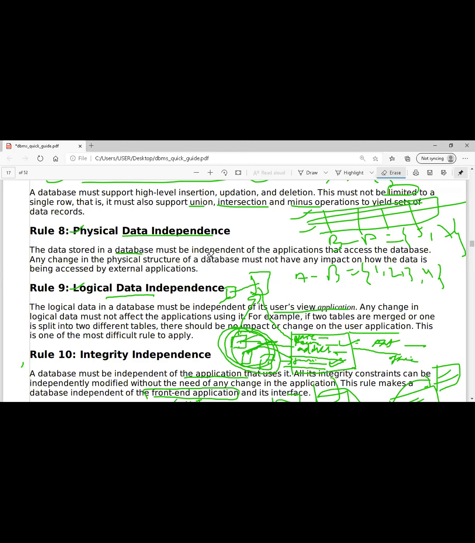Yeah, it will, sir. We are using an Android mobile to access the data that has been stored on the operating system. If I say don't allow this person who is using Android, then where is the physical data independence? It is not independent. You are dependent. That means it is compulsory to use a Microsoft desktop only to access the Microsoft database. It's not like that. If you are saying like that, then there is no independence. It should allow you. It should not restrict you.